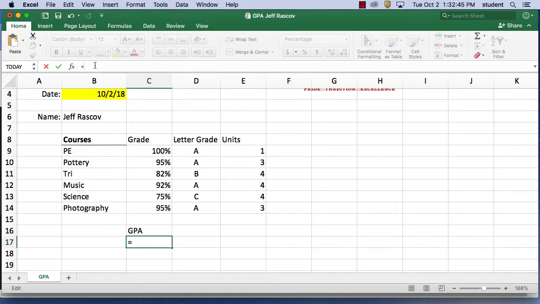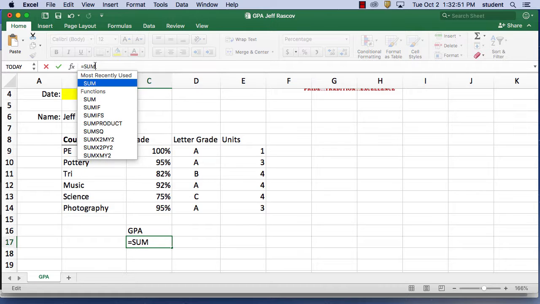Now, what do we want to do? I used the word sum already, so I'm going to type in the word sum, S-U-M. Sum is how you add a group of things together. Next, I want to tell it where this needs to go. What do I want to add up? Well, I want to add up all the ones between